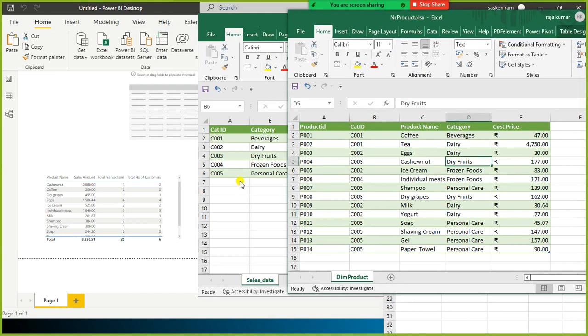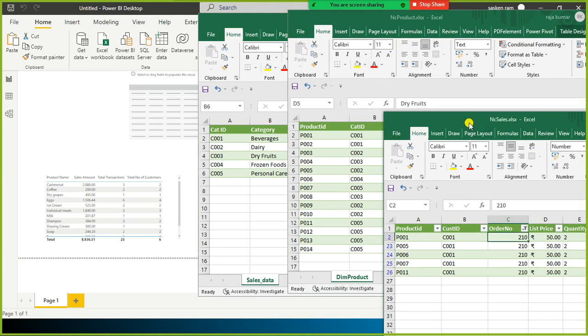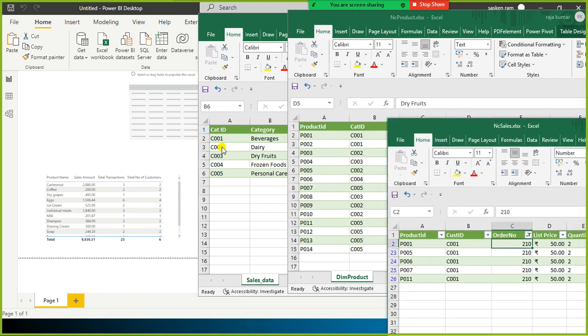If you look here, the order number 210, we need to compare that one. So P001 falls under C001, right? And P005 is again C001.